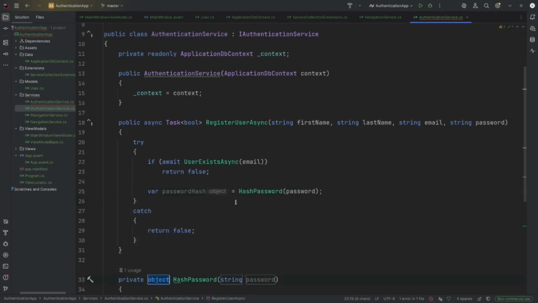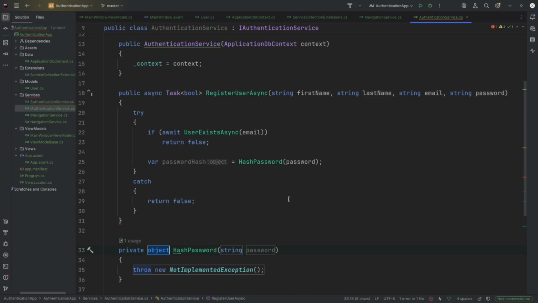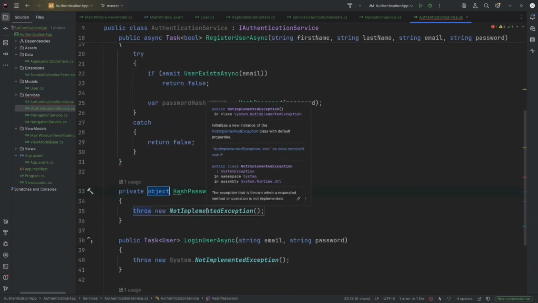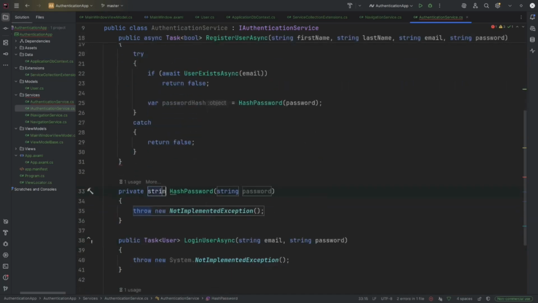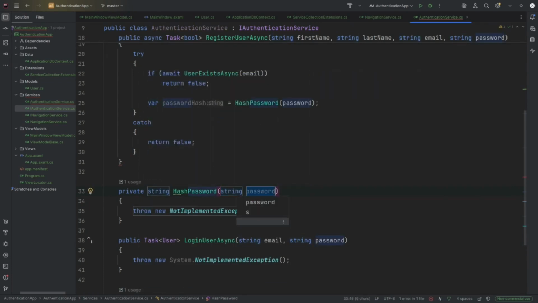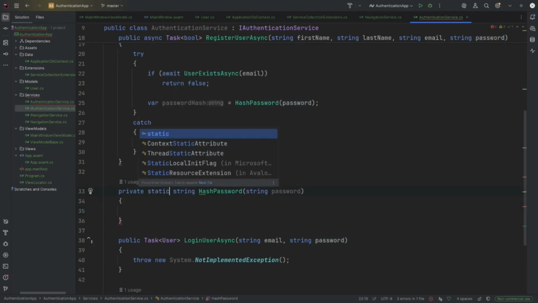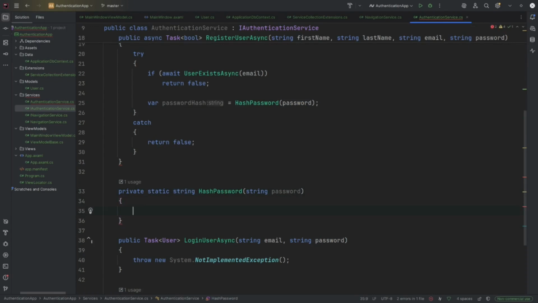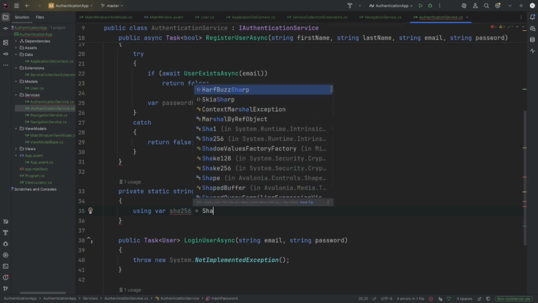Password always needs to be encrypted. You never store the password as plain text. And the return is going to be string. And the same thing, it's going to be static, so we don't create an instance when we refer to it here. Using, and let's call the variable SHA-256. I'm going to use the SHA-256 library